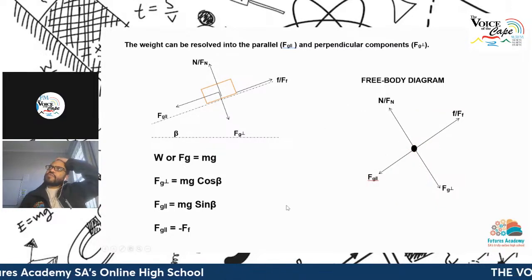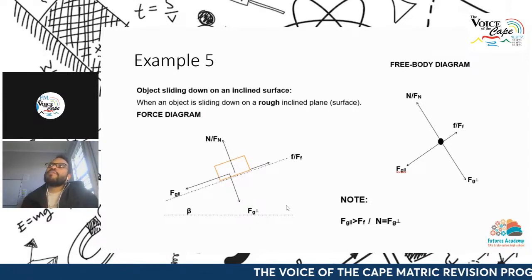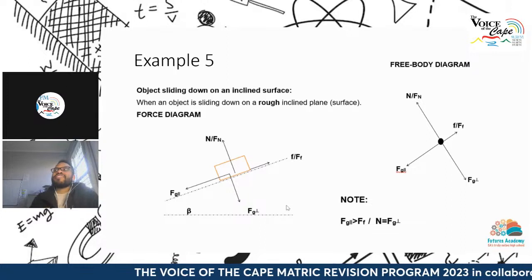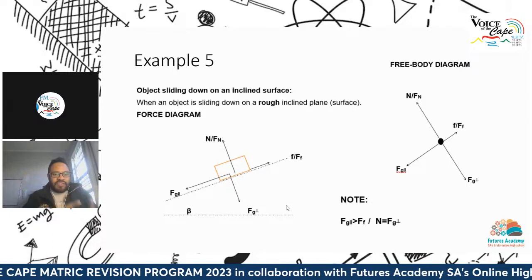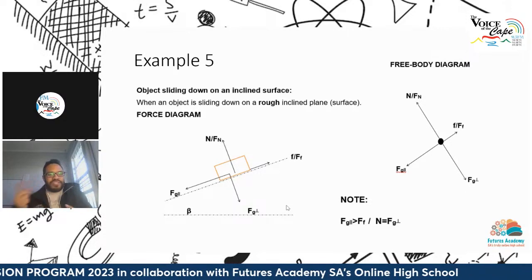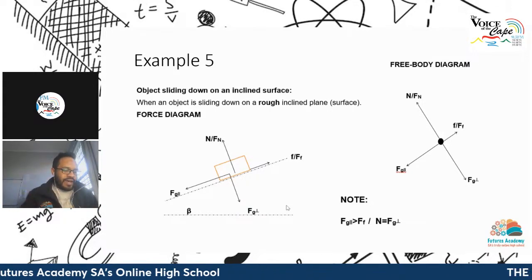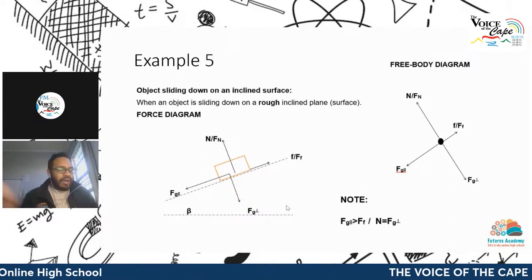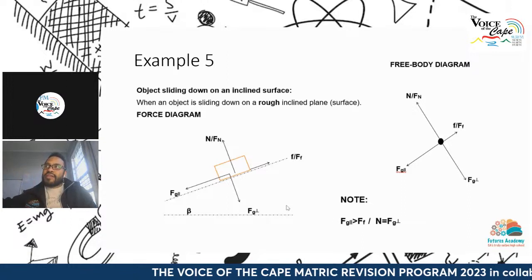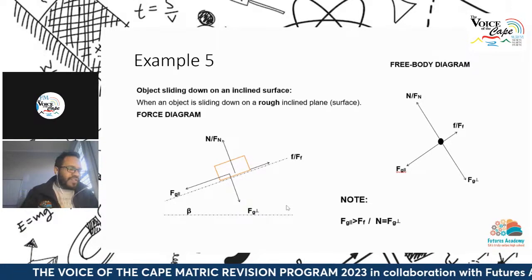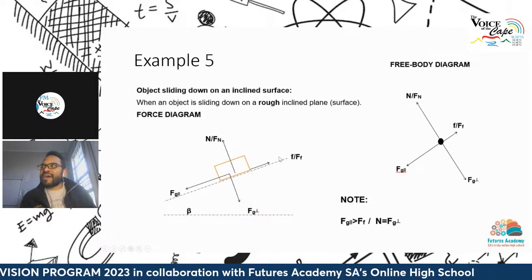Okay, let's move forward to example number 5. Now, example number 5 is a little bit more interesting because the object is now sliding down a rough inclined plane. So if it's sliding downwards, friction opposes the motion in the opposite direction of its motion. Hence, if the object, once again, is sliding downwards, then friction would act upwards. Okay? If the object was being pulled or dragged upward, then the friction would act in the direction of downward. In this particular case, the object is sliding down a rough surface, hence the friction is upwards, right?